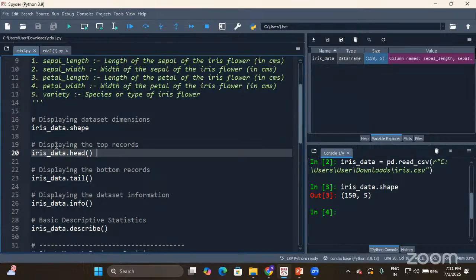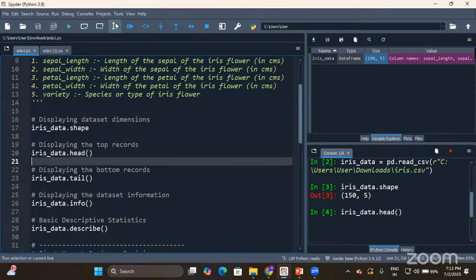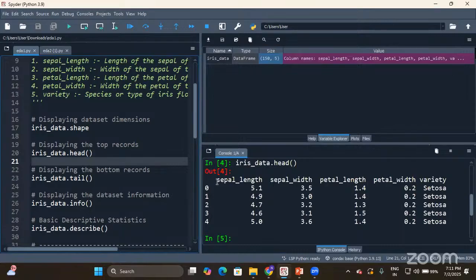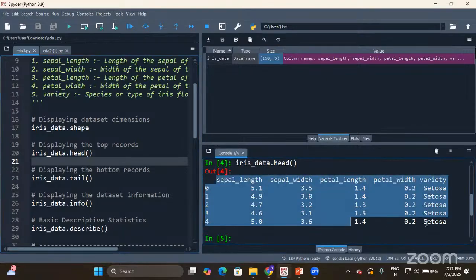The head function will return the top rows. But did I specify the number? No. So that means by default the top 5 rows will be returned. Let me expand it. So if you see here, these are the top 5 rows. Index is 0 till 4.